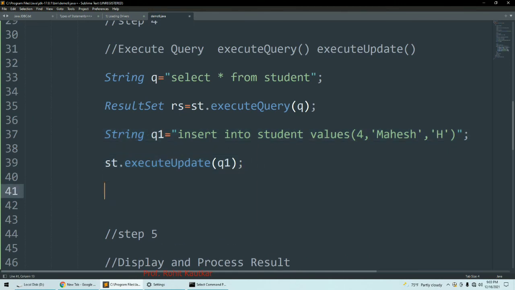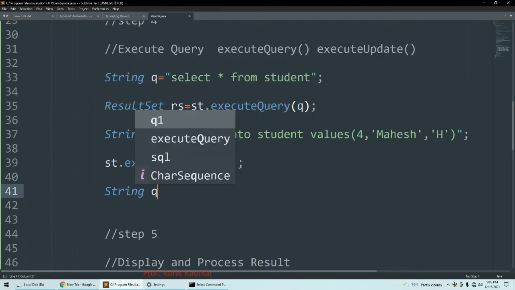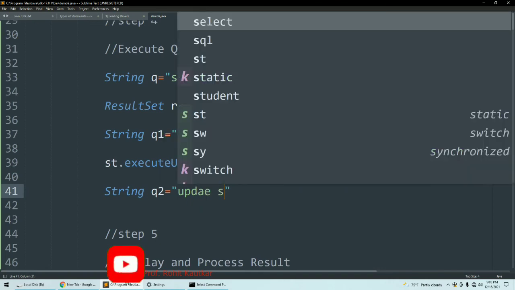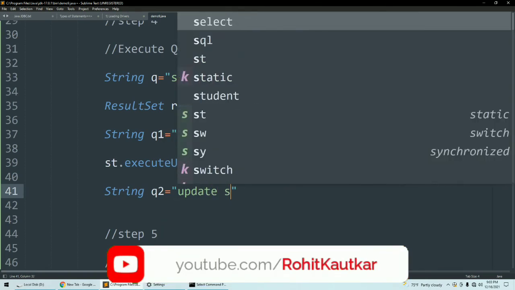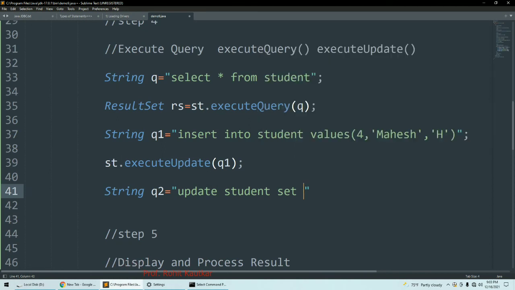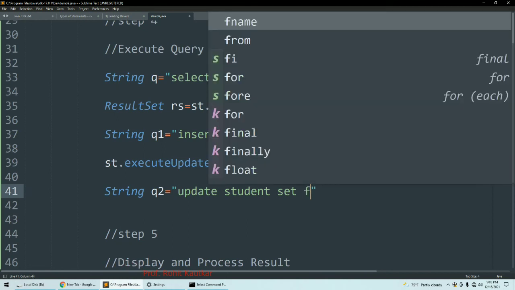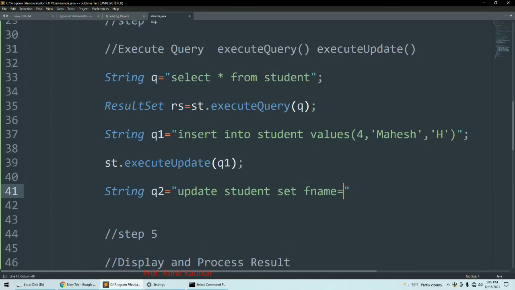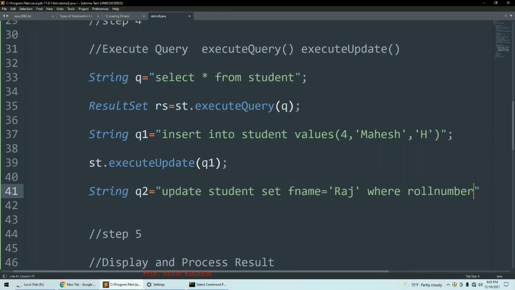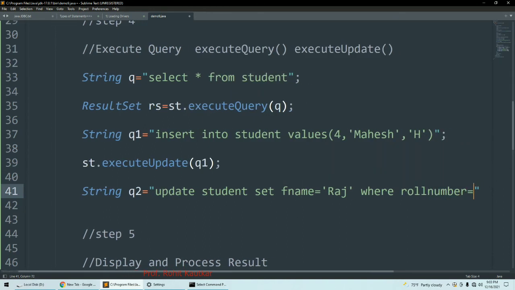Now the next query I will show you. String Q2 is equal to, my query will be update student set, let's say, fname is equal to, let's say, Raj, where my condition is roll number is equal to 1.